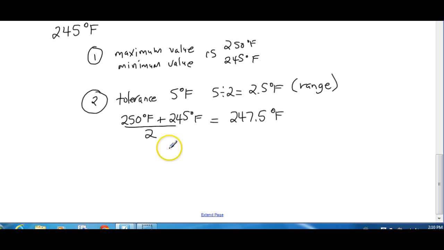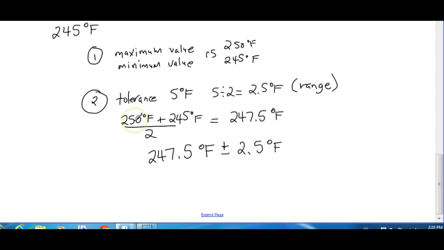Okay, so our nominal value is 247.5 degrees Fahrenheit plus or minus our range. Okay, and our range is just half the tolerance, plus or minus 2.5 degrees Fahrenheit. Now notice how if I look at my nominal value and I add 2.5 degrees to it,